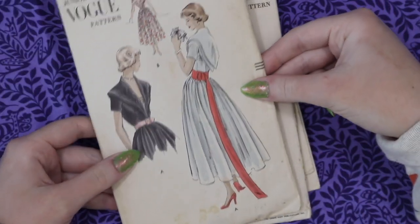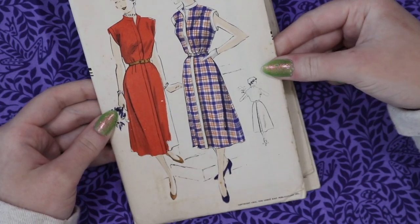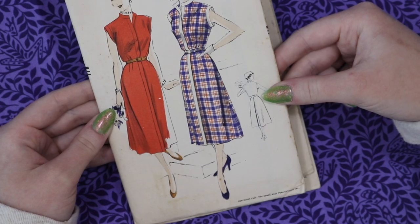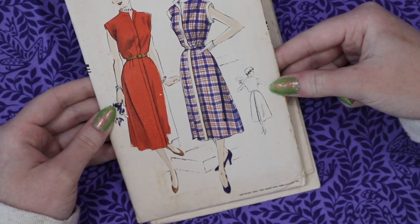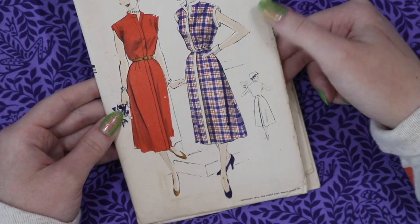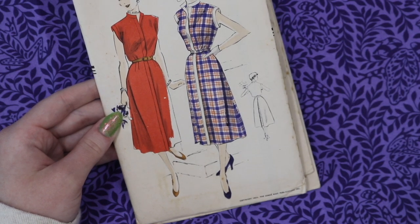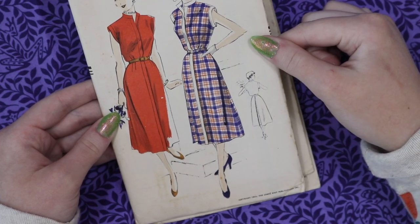And this tissue appears used, and I do not see instructions. This one feels factory folded, and this is another junior Vogue pattern. This one's from 1951, and this is, again, size 15, 33-inch bust, 37-inch hips. It's a very simple design, a relatively fitted skirt with a pleat at the back for movement. It has very small sleeves that is basically just a slightly widened shoulder, so a little bit hangs off the